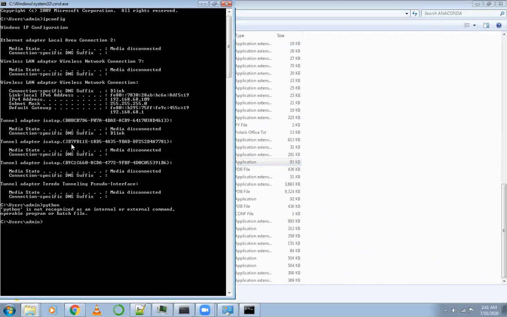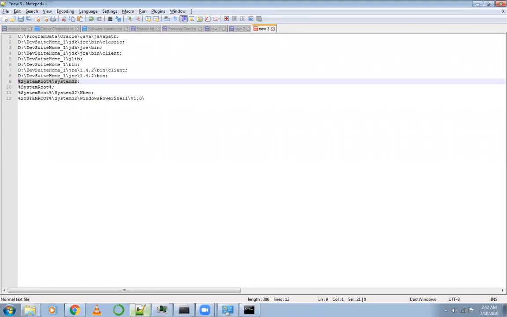So what we are doing, we have opened the command prompt. We have typed ipconfig there and it's working fine. Why it's working fine? Because the respective directory path is already stored in system path. That's why we don't need to navigate to the respective directory path and run the ipconfig command there.